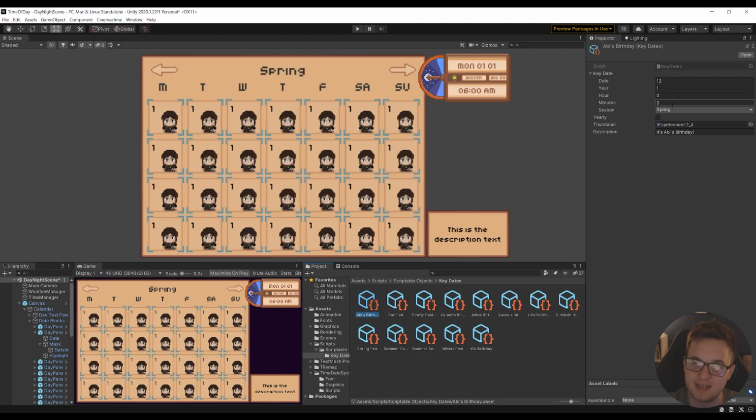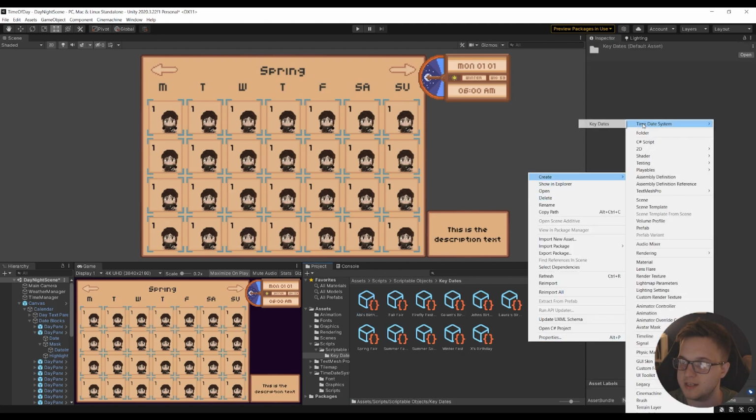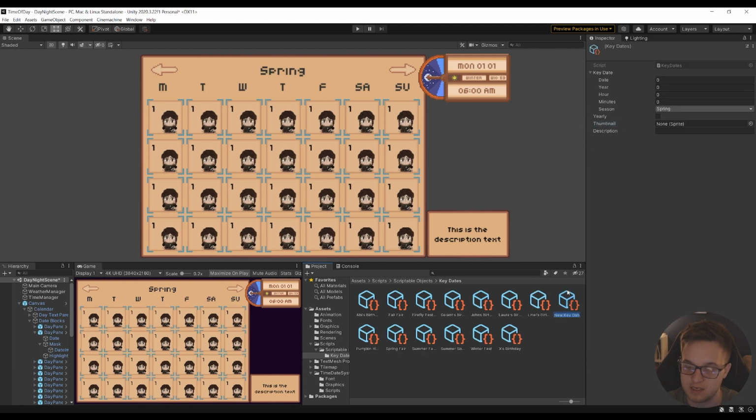So we could set a time, but just to show up on the calendar, it's not necessary. We just need to know the date and the season. And again, if it isn't a yearly thing, you could put in a year and fill the stuff out that way. But that's it. So you can see that we've got a good range of different dates here. And they're just as simple to make a new one as go create time date system, key dates, and we